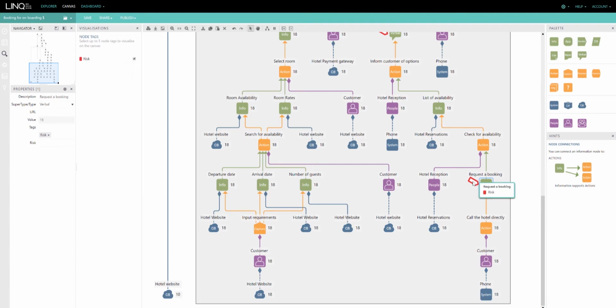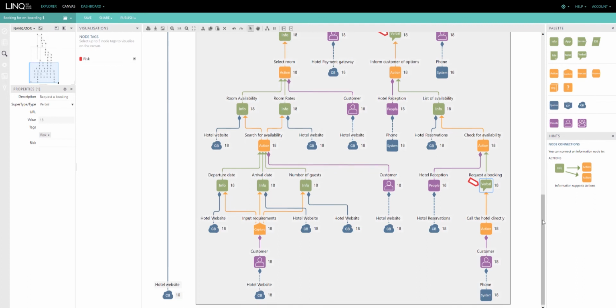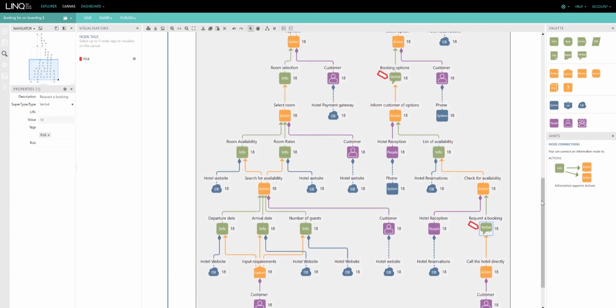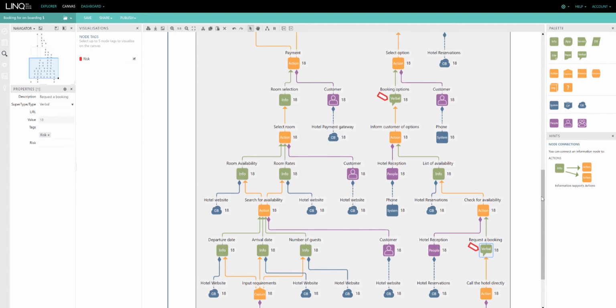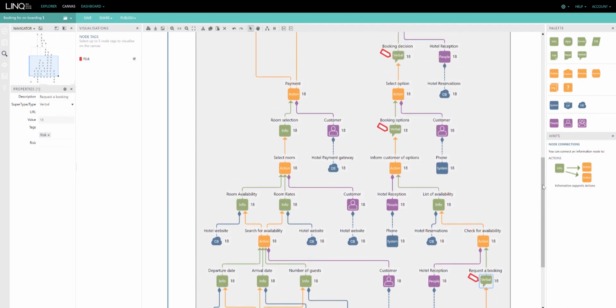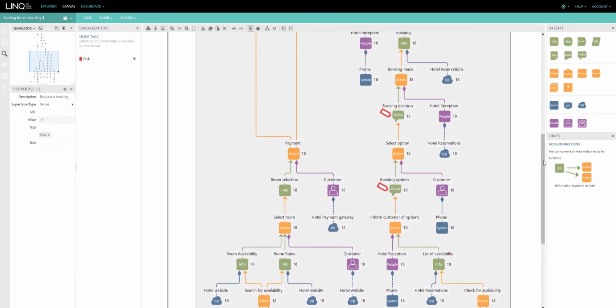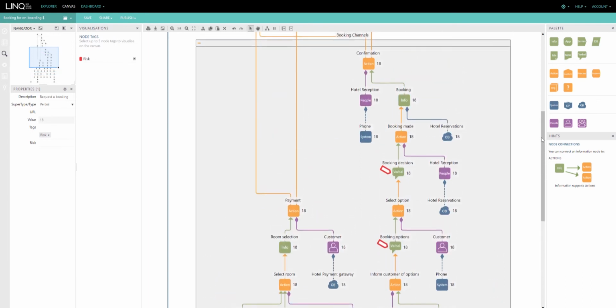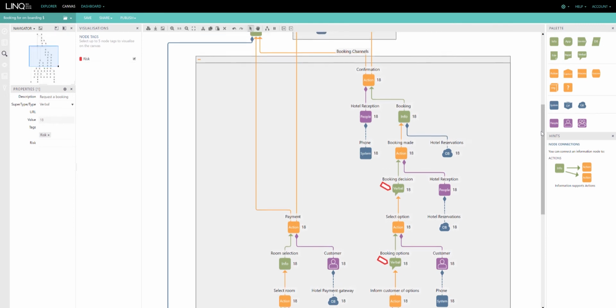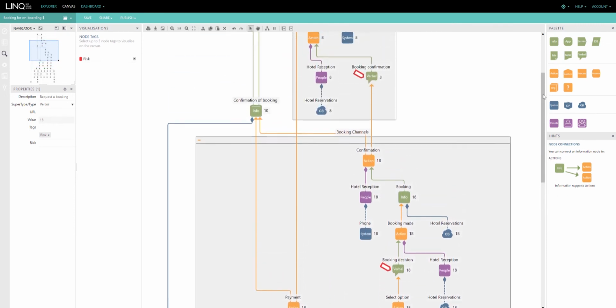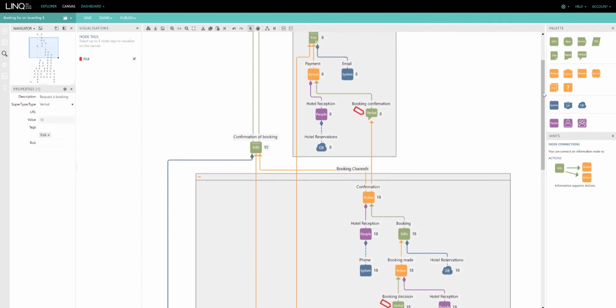So a verbal conversation is riskier than a piece of information held by a system because there's no record, which is why many hotels record your conversation in case of future customer complaint. And we can see this supply chain just captures all of the process that happens in that conversation between the customer and hotel reception in order to achieve the confirmation of the booking, the payment, and to issue a receipt.